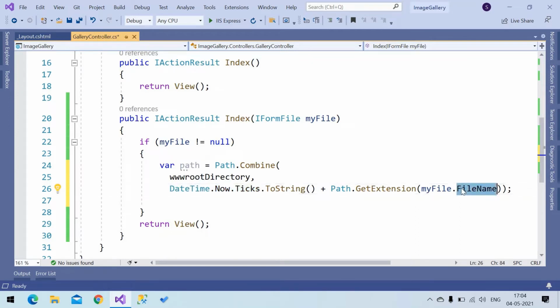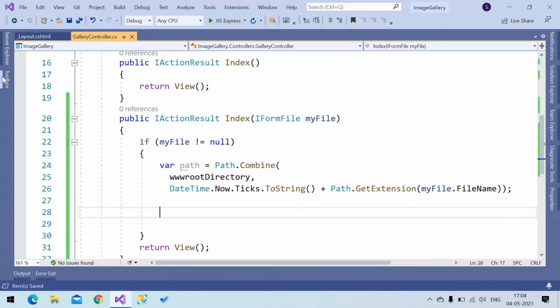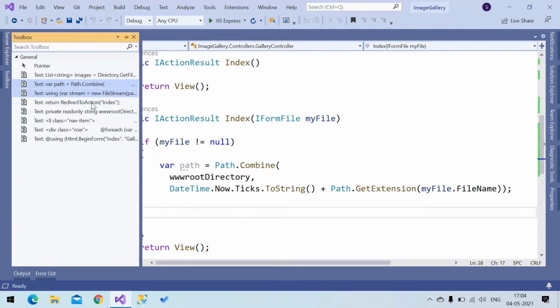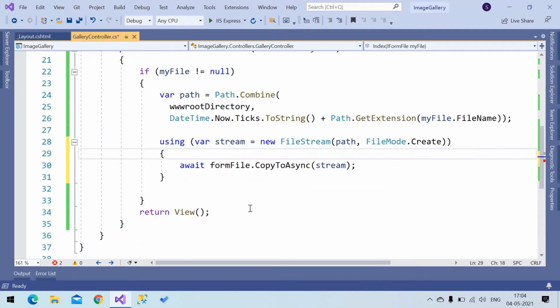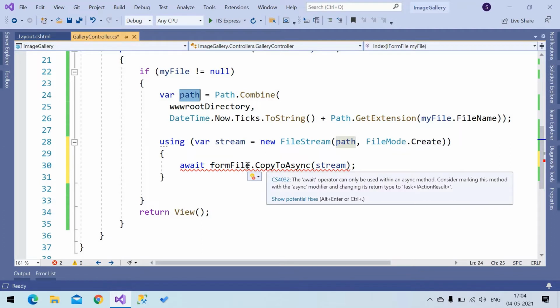Then I'm assigning the file extension, getting the extension from the posted file, and assigning it to the path, so that my file path will be text.png if you upload a png file. Then I'm going to add the code for saving the file. This code will save the file into this path.